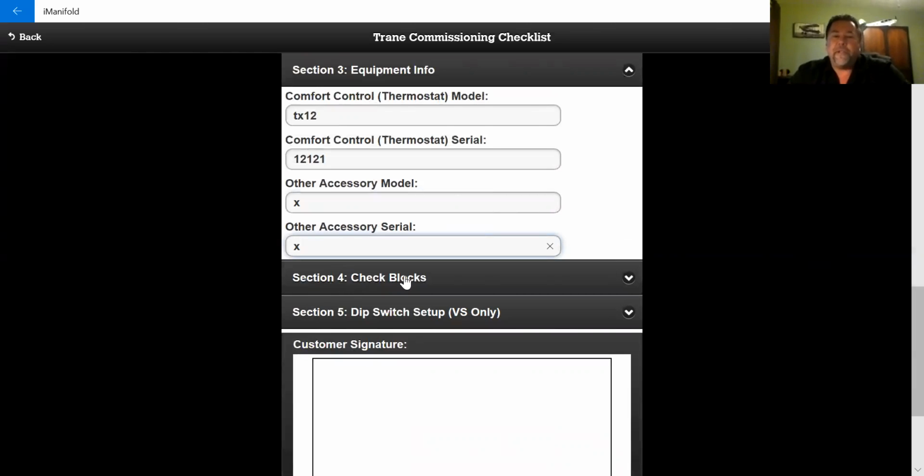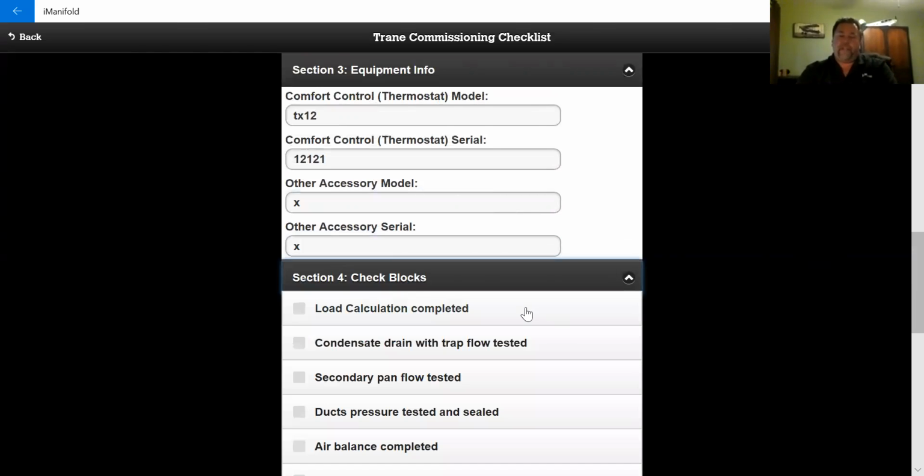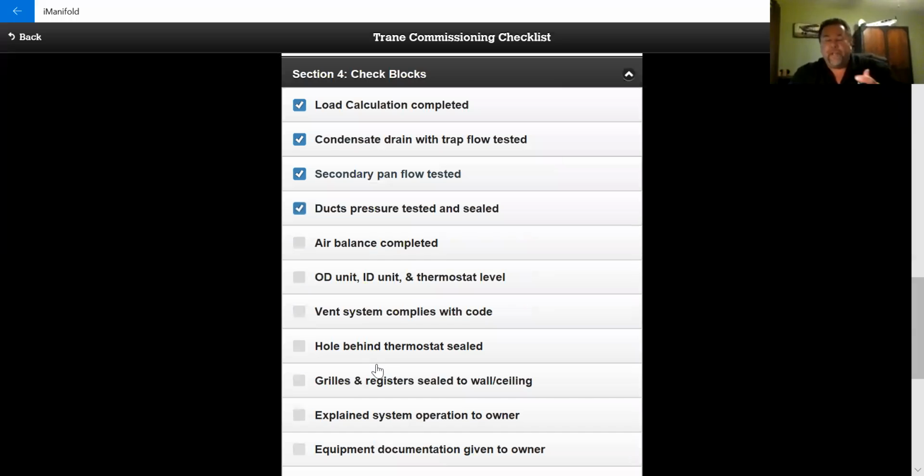And then the next section of the report is your technician checkoffs. Was the load calculation completed? Yes, it was. Condensate drain with trap flow, was it tested? Yes, it was. Secondary pan flow tested? Yes. Ducts were pressure tested and sealed? Yes, they were. So this is for the technician to go down the line and make sure that everything was